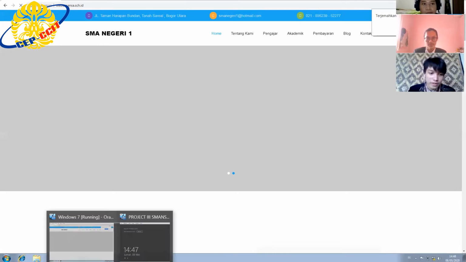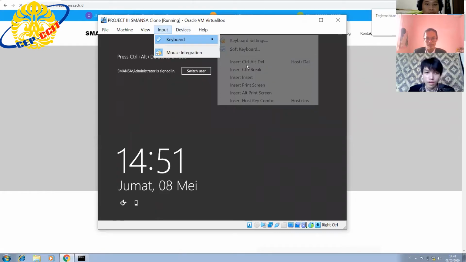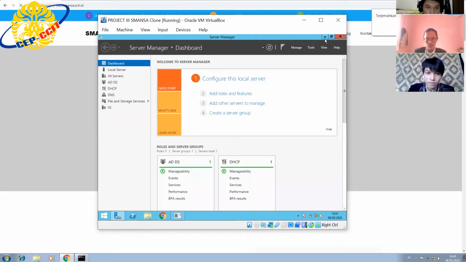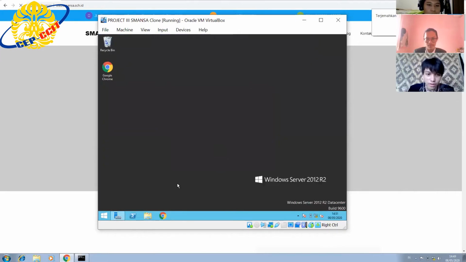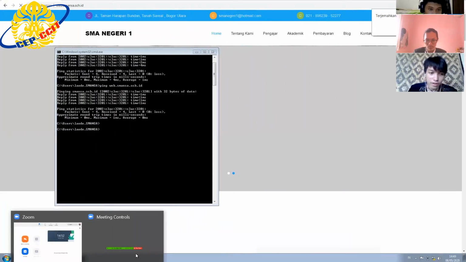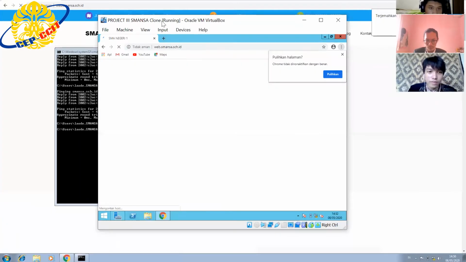We can check the web server also in Windows Server. So you enter the password. Next. Let's go. The user accesses the web server. Okay, we can check on the server.